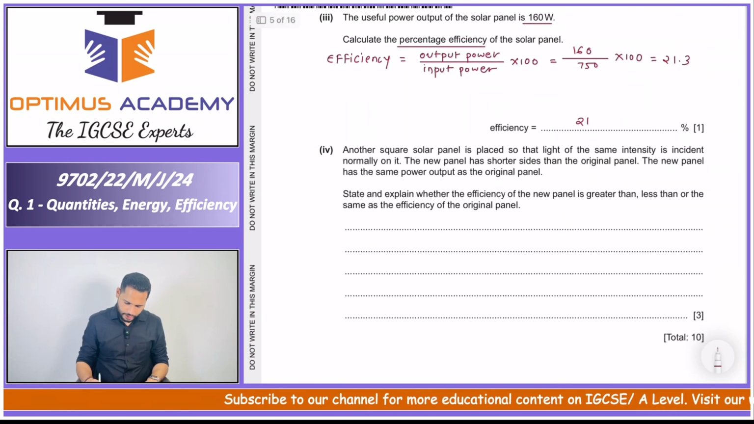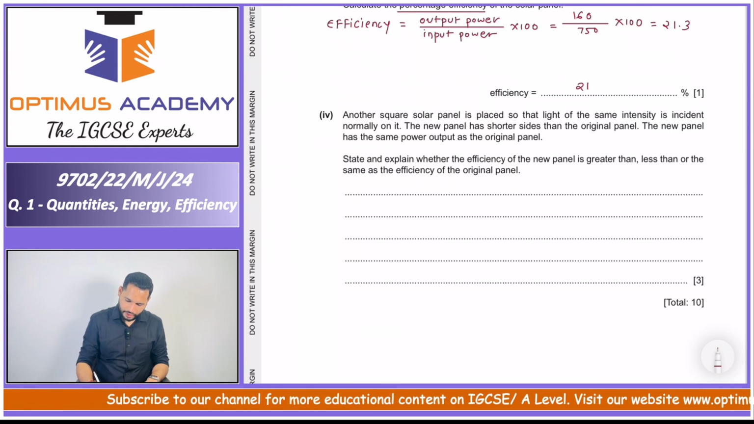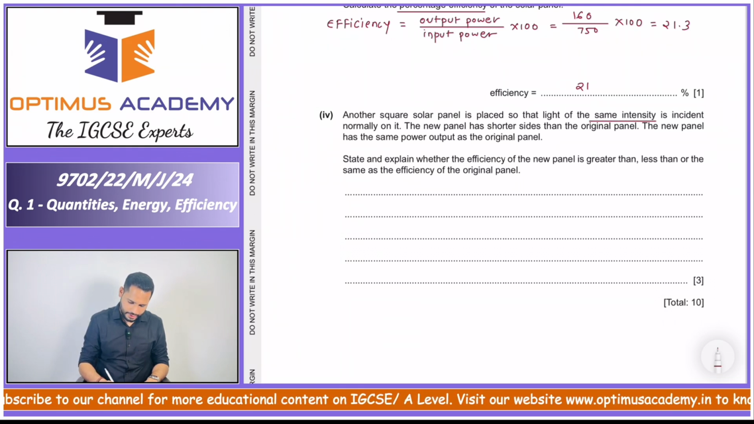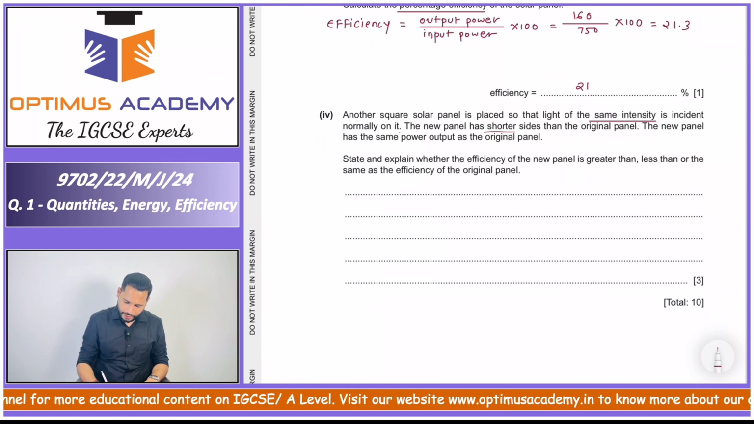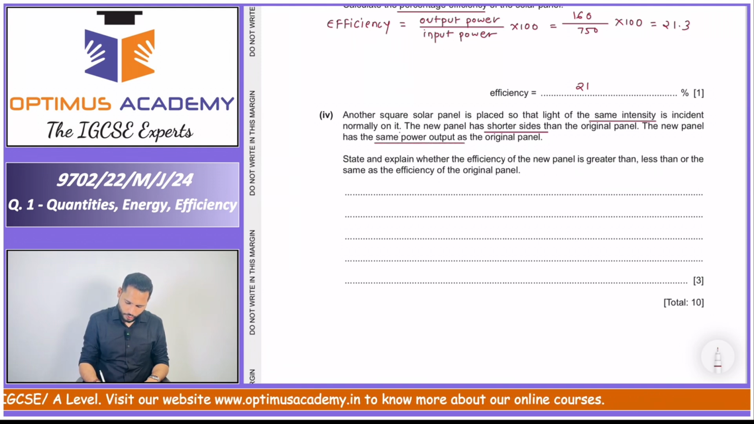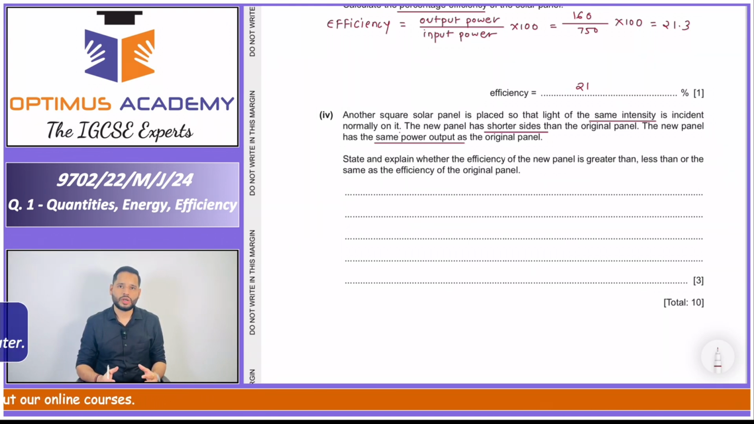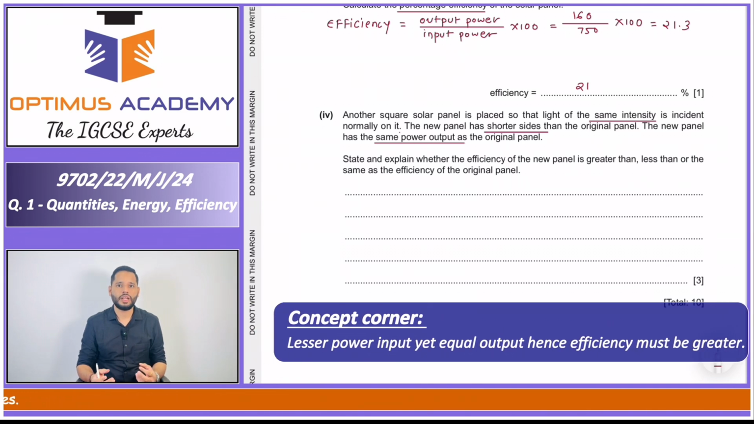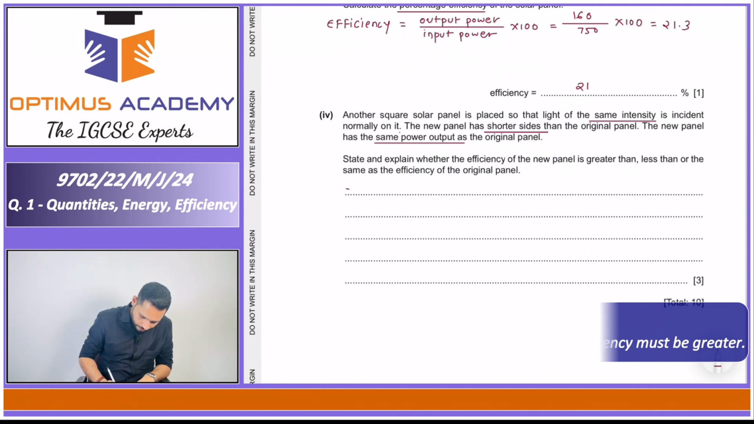Next question. Another square solar panel is placed so that light of the same intensity is incident normally on it. The new panel has shorter sides than the original panel. The new panel has the same power output as the original panel. State and explain whether the efficiency of the solar panel is greater than, less than or the same as the efficiency of the original panel. Now the new panel is having shorter sides. Due to shorter sides, it will receive less input power. Even though it is receiving less input power, it is giving the same output, which means it has higher efficiency than the previous panel. So we will write